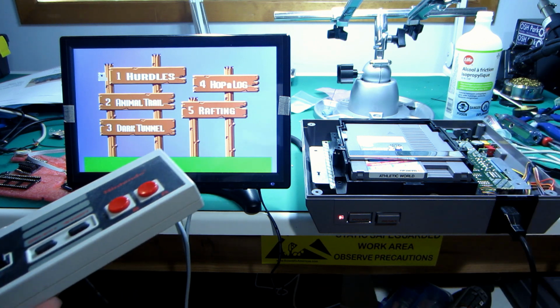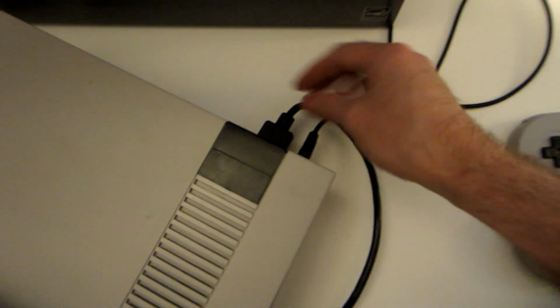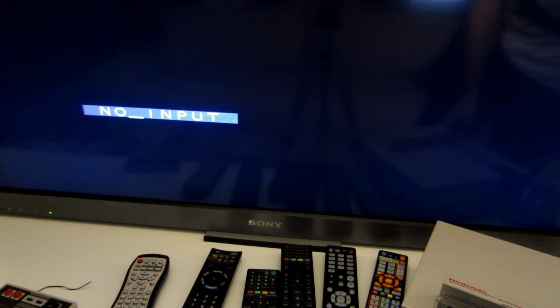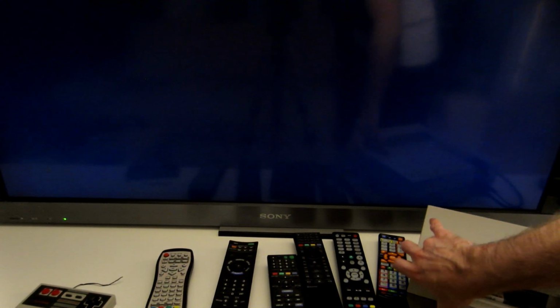So let's put everything back and try the RGB stuff. Just to show you, I'm using the multi-out cable from Retro Gaming Cables for the Super NES. Oh, there you go. Not cheating or anything. This is linked to from Meister. So if I power it on,